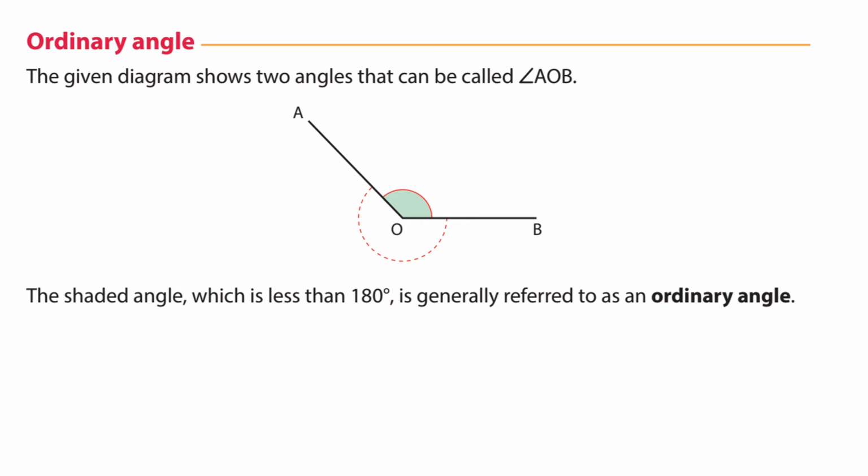So the last thing I'm going to talk about is something that doesn't appear a lot, but we'll touch on it just in case. An ordinary angle is any angle that is either acute or obtuse. So when we draw an angle, there are actually two angles that we could measure. There's kind of the one that's inside the angle and outside the angle. Why we decide one is inside and one is outside is because there's one that's usually smaller than the other. That smaller angle is referred to as the ordinary angle. That's the one highlighted in green here, and it's usually the one we think of as inside, and it will always be less than